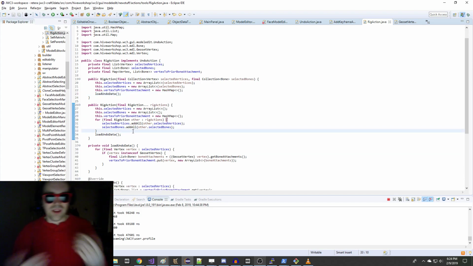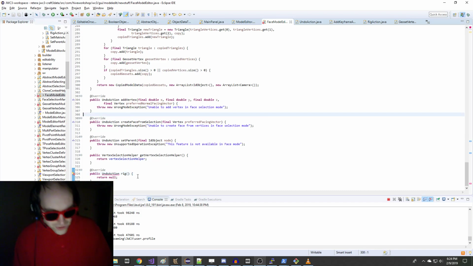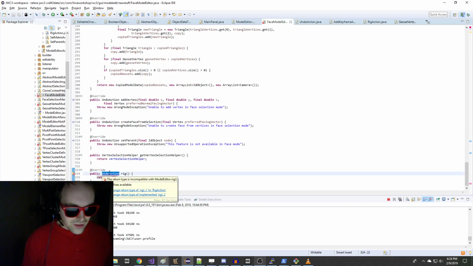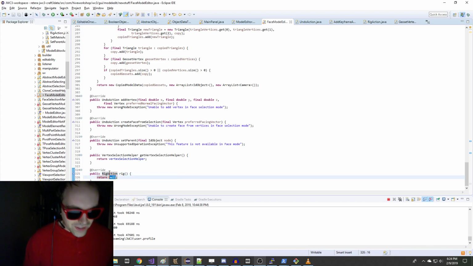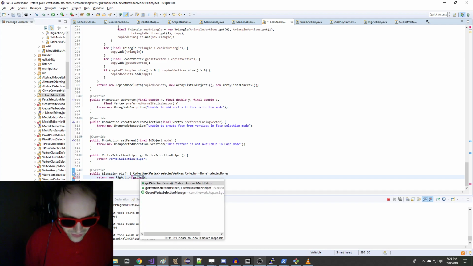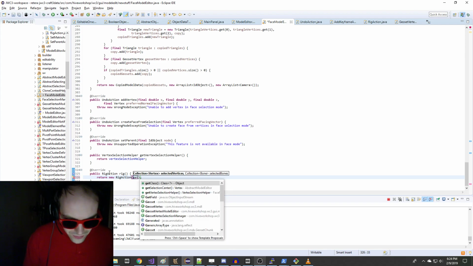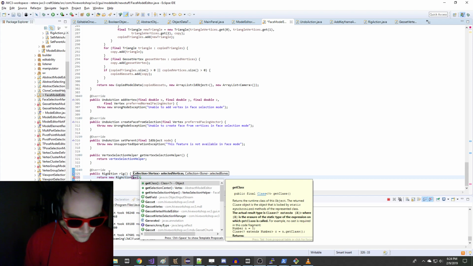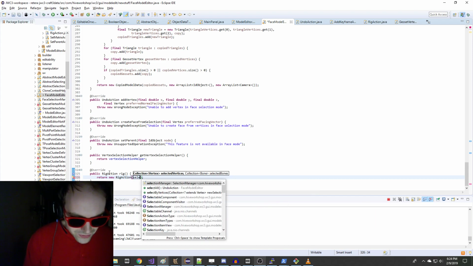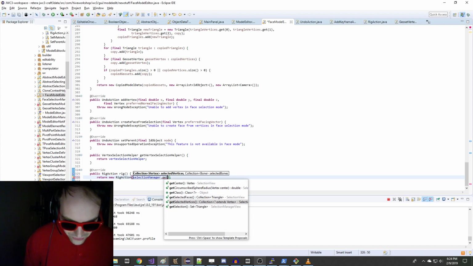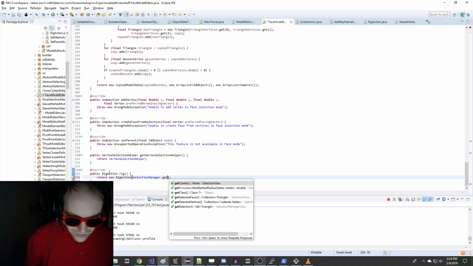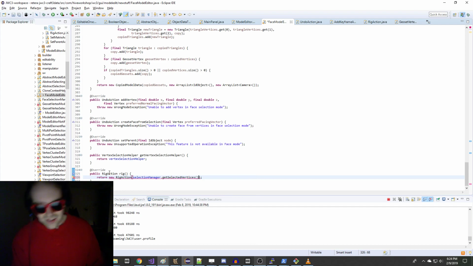So we do that. So we have the ability to construct a rig action from other rig actions, right? What that means is that if I'm in a face editor, so I'm in face select mode, we can define that we're going to make a rig action out of that, and for that it should be really simple because we can just give it a list of selected vertices. So for that, we can say, what do they call this? This is not supposed to be hard. Selection manager get selected vertices, right? And what that'll do is, within the faces that are selected, it'll get the set of all selected vertices, and